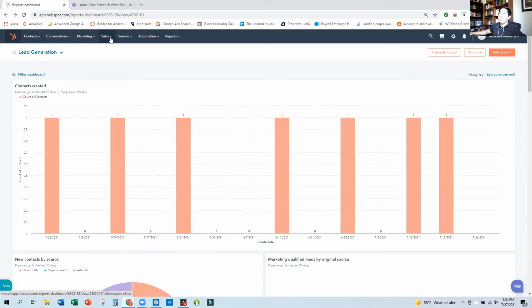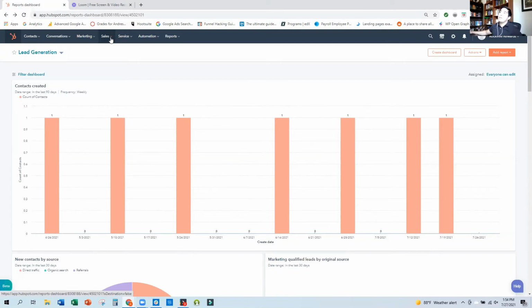How to set up your meetings for HubSpot. Now, the meetings on HubSpot are a really cool feature where you can create basically a meeting schedule and people can sign up to meet with you, and it just shows up in your Google Calendar or whatever it is that you're using, Outlook Calendar. So it's a really cool tool if you just want to have that in your email signature, or when you send out an email for somebody to sign up